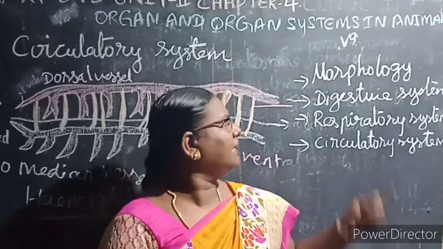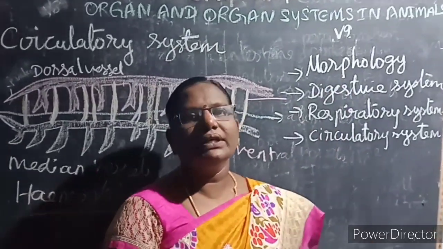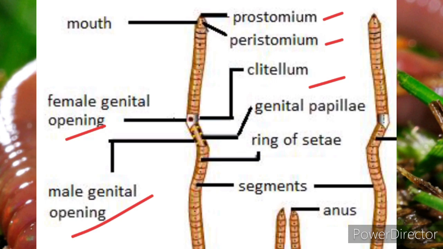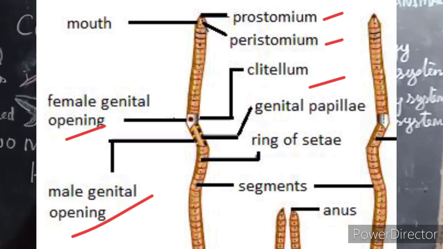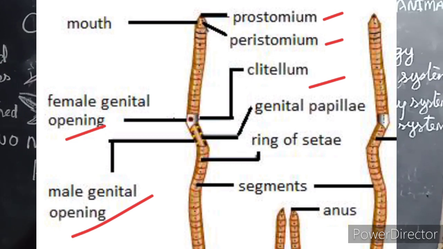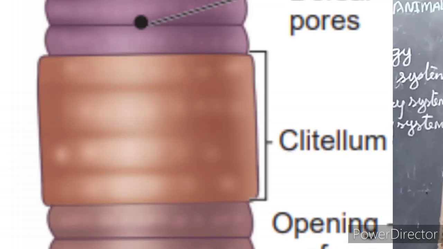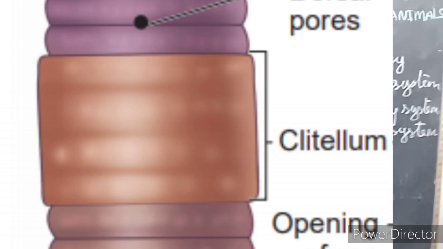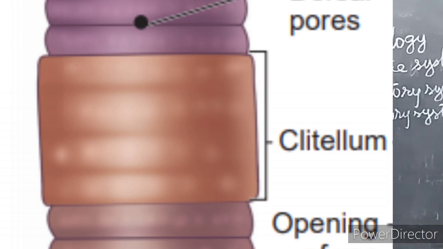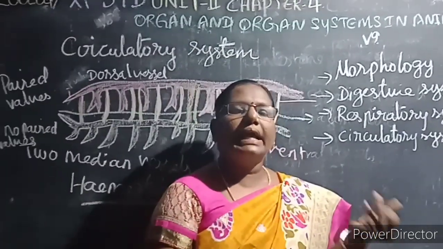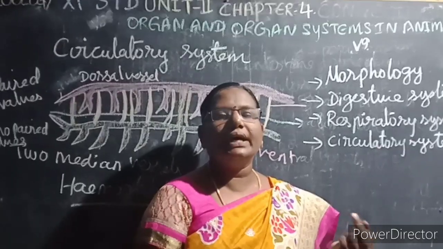In this class we learnt about the morphology of the earthworm. What is morphology? The study of the external characters. The first segment is known as the peristomium. It is covered by a small fold of muscle known as the prostomium. The last segment is known as the pygidium. From the 14th to 17th segments, there is a thick swollen glandular thickening known as the clitellum. Based on the clitellum, the body is divided into preclitellar, clitellar and postclitellar regions.